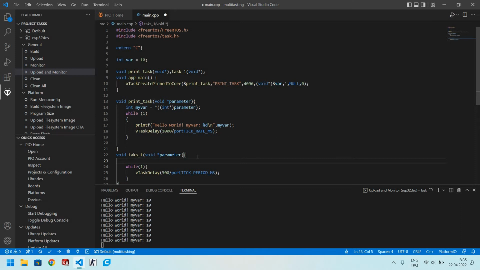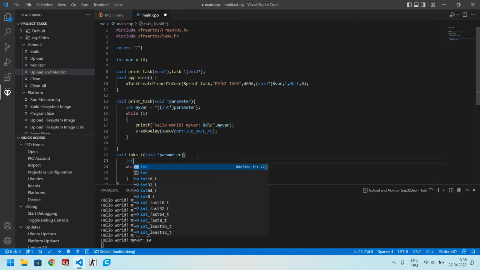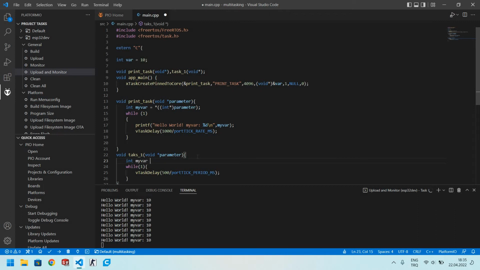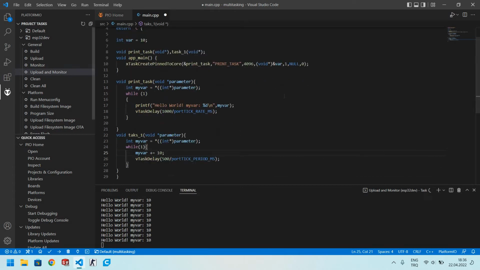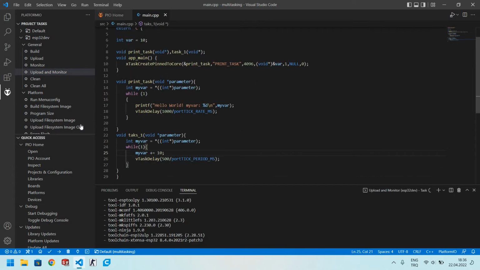Let's take our variable and try to change it. So how can we do this? Let's say int myvar. We use the same. Let's try to change it. Let's increment it by 10. Let's start again. And sorry, we forgot to